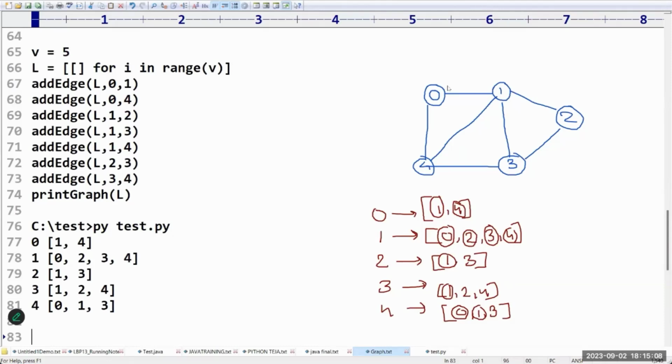Are you clear with this? Yes, sir. Please confirm everyone. Are you clear with this? Yes, sir. Clear. Right. Now,